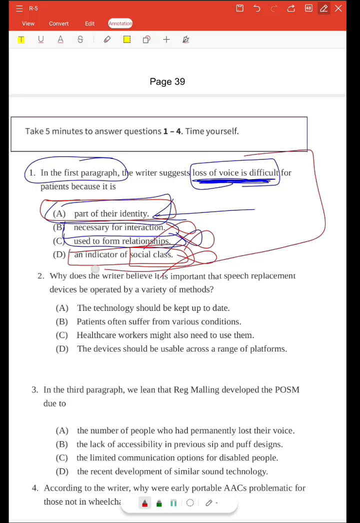So this is how we will eliminate the wrong options and try to understand the opinion and attitude of an author, what he is trying to say. He will not directly give you the answer in the text. Maybe in some questions he will directly give you a hint, but still he will talk indirectly, so that you need to understand and guess what the author's opinion is, what the author's attitude is. So that's why opinion, attitude, and inference are important in the reading part, especially in C. Okay,